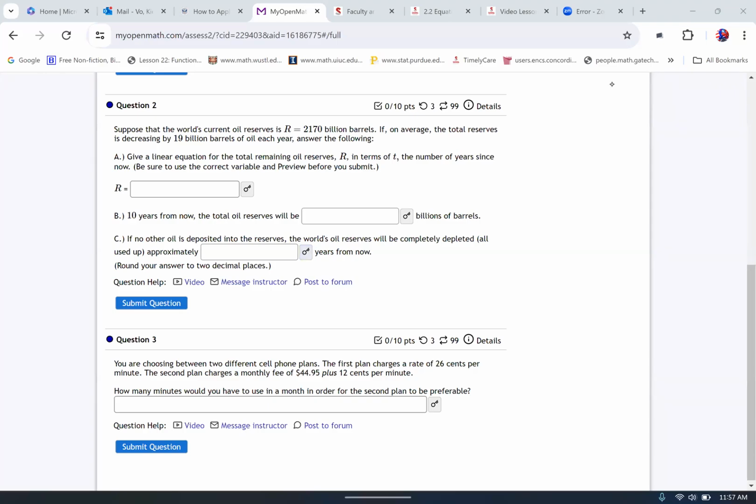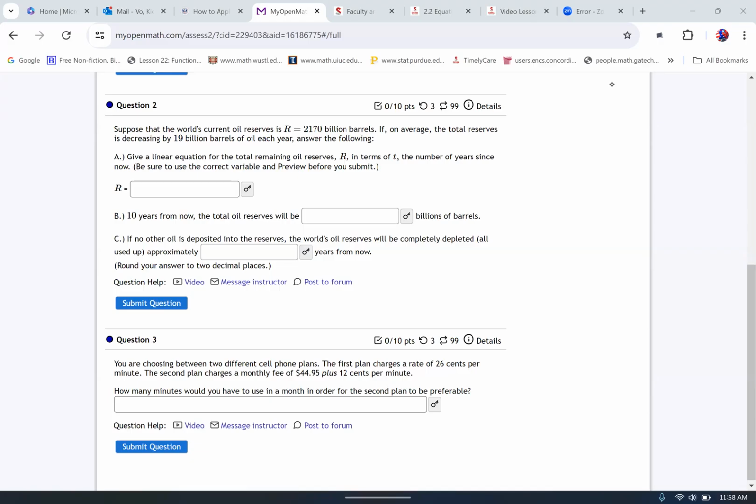Hello everyone. In this video, I'm going to do another example on modeling with linear functions. I'm going to do a problem from the homework. On this question, we're given that suppose that the world's current oil reserve is 2,170 billion barrels. If on average, the total reserve is decreasing by 19 billion barrels of oil each year, answer